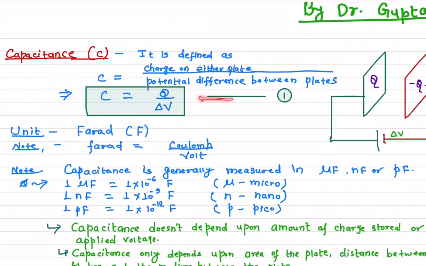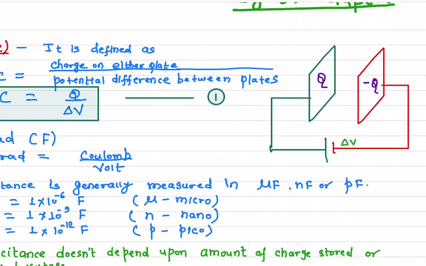If you look at this equation 1, what this equation gives you is that the capacitance depends upon the charge and the applied potential, but that is not true. The capacitance does not depend at all on the amount of charge stored and the applied potential. It depends on the area of the plate. This is the area of the plate, the distance between the plates,